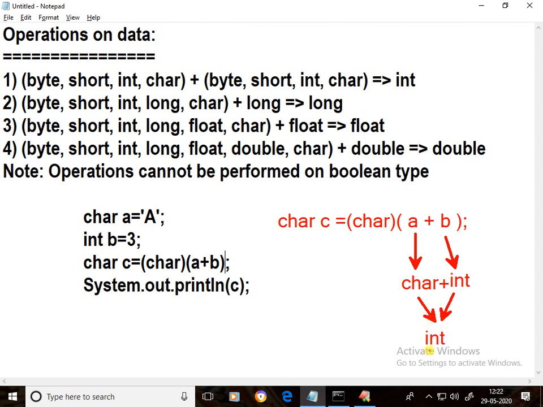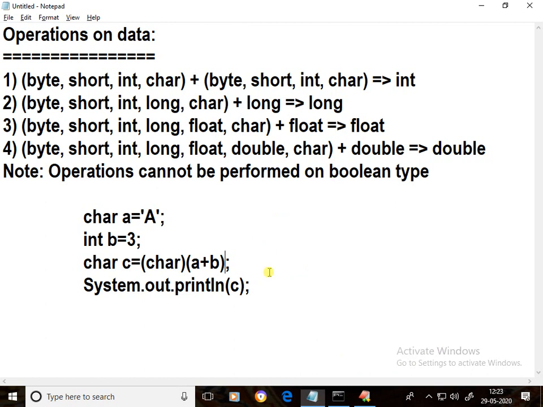That integer I myself am converting to character type. This character I assign to character, so it is valid. In this code snippet, the result of A plus B we are converting as character, that's why it is valid. In the previous code snippet only A was converted as character, that's why it is not valid.